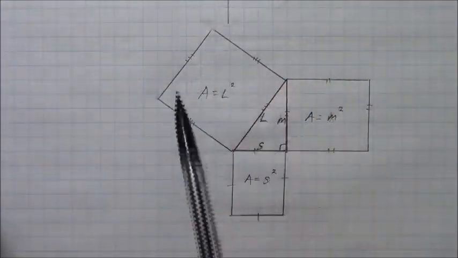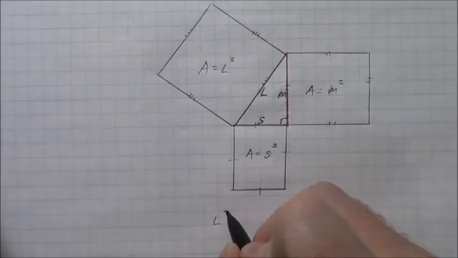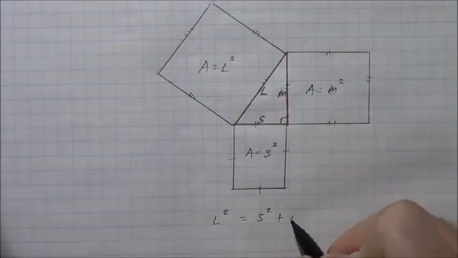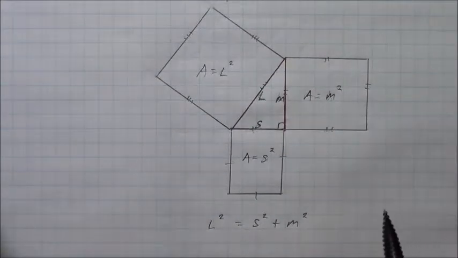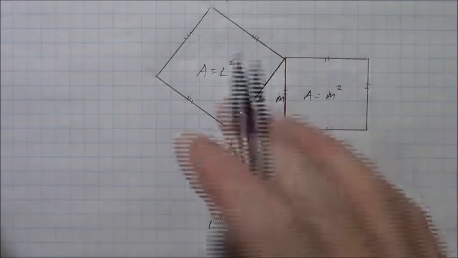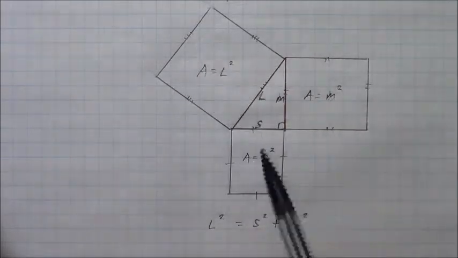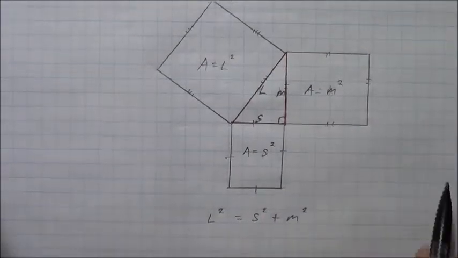So the area of the largest square is equal to the area of the smallest square plus the area of the medium square. And there are great videos online to demonstrate this using a wheel, and as they rotate it, the liquid would pour from the largest square into the two other squares here. But when we look at this formula,